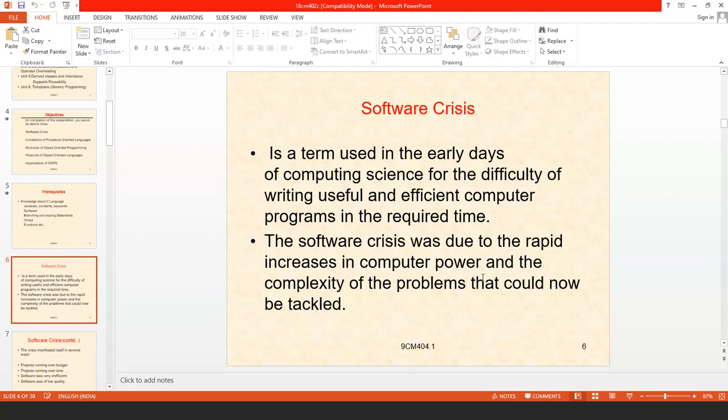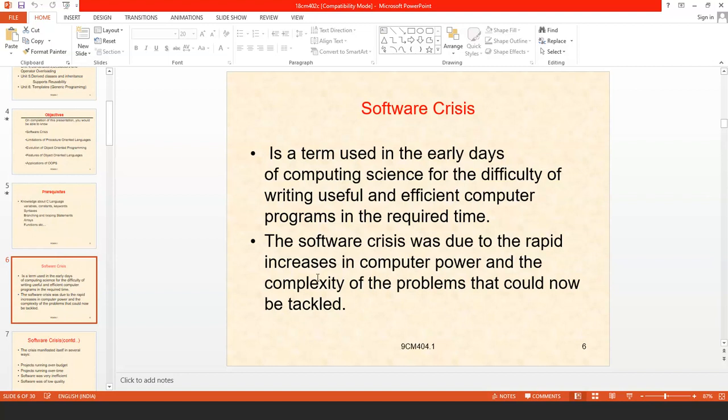Basically in early days the computer was invented mainly for complex calculations. But now the computer is used in every place. So the power of the computer has increased, and so has the complexity of the problems. It was mainly used for complex calculations, but now the input given to the computer is very complicated.